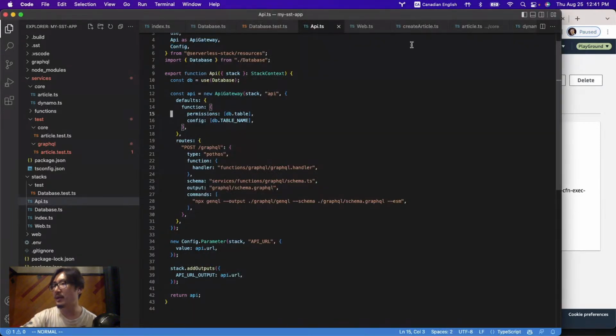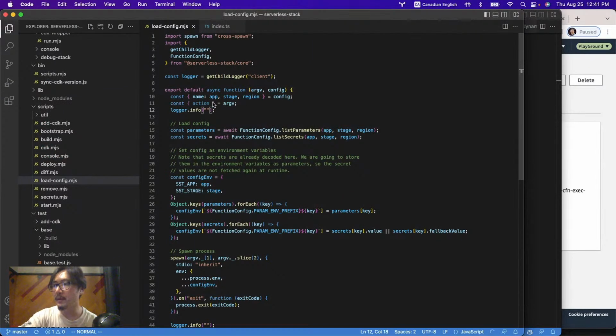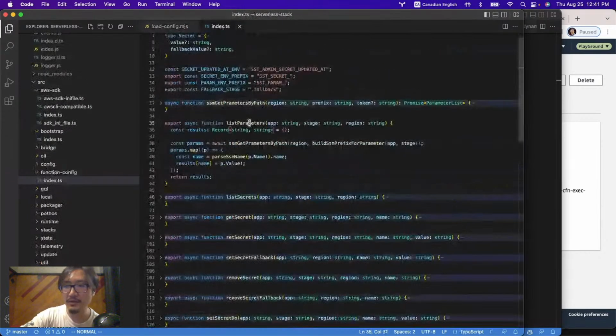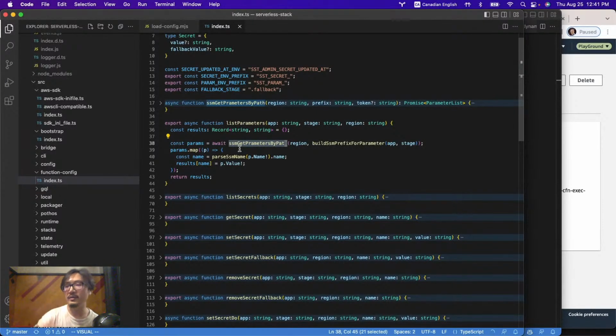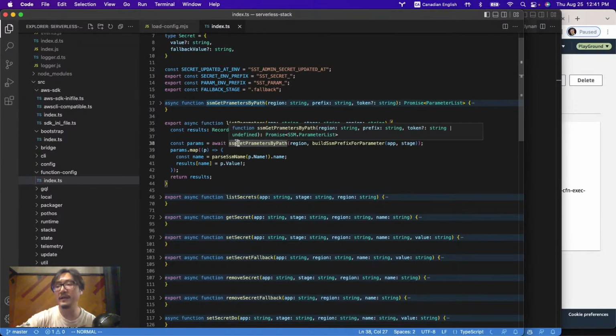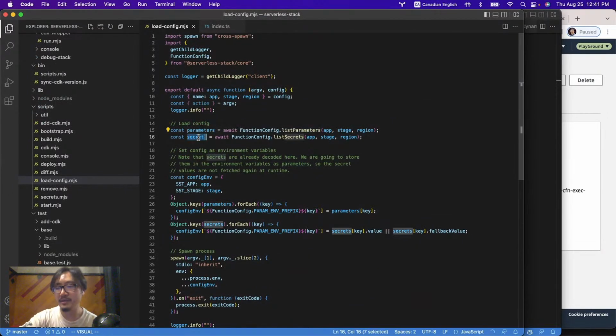Right, so let's take a look at the code for load config. First, it does a list parameters, right? It calls into our helper library to list all the parameters. If you look at what list parameters does, it really just calls SSM to get all the parameters that are prefixed with the app and stage. And this wrapper just goes through all the pages in case you have a lot of parameters, and the API returns 10 at a time. This wrapper just keeps fetching till the end of the page. So you get all the parameters, you get all the secrets,